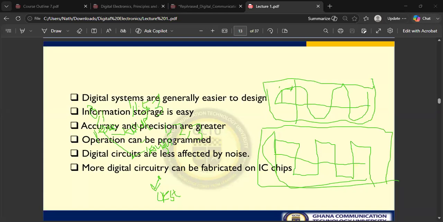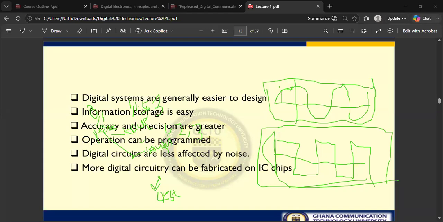So one disadvantage of digital systems over analog system is that digital systems go through intensive processing to get the output or the display, right? It goes through intensive mathematical processes before we can get the actual information at the receiver, right? That is the one prominent disadvantage of digital systems over analog system. And then